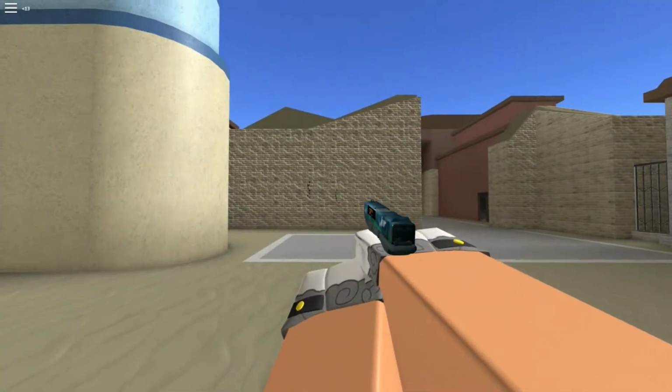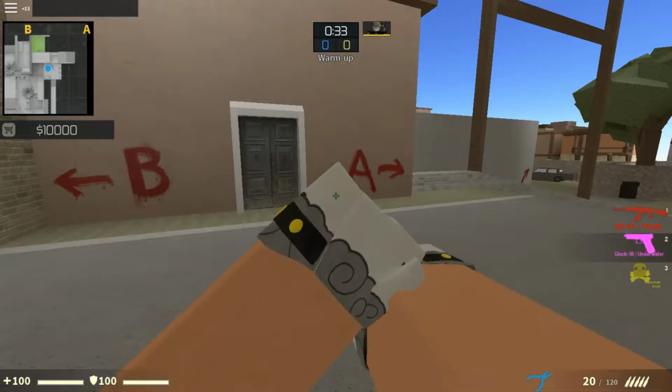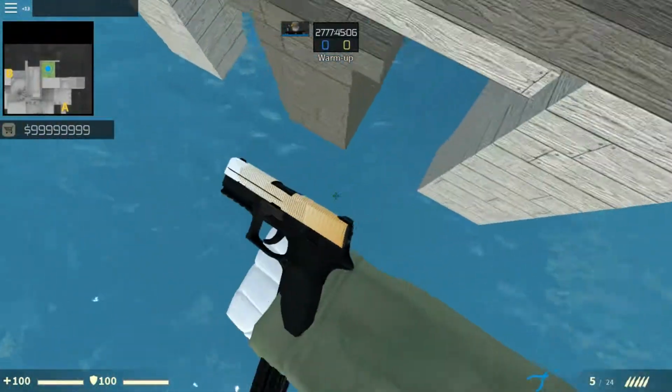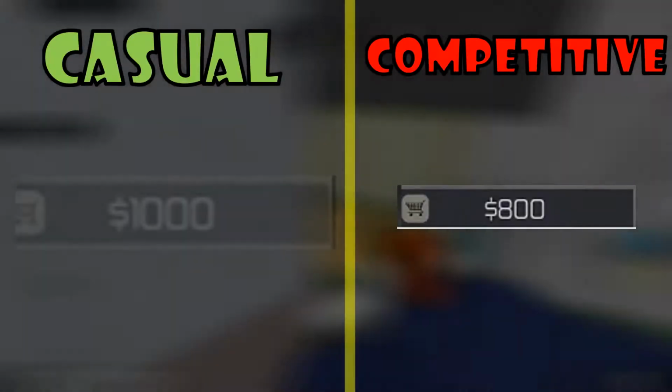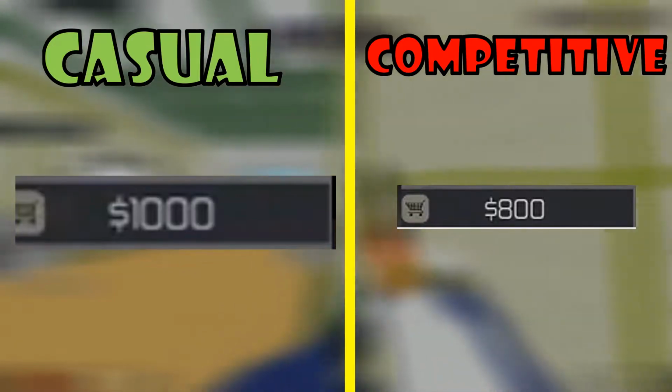Pistols are your secondary firearm in CS:GO. They are in your second slot at all times unless you throw it away by pressing G. In the first round, everyone only has enough money, 1,000 or 800 in competitive, to spend on pistols, hence the name